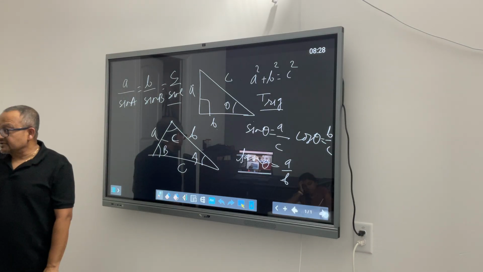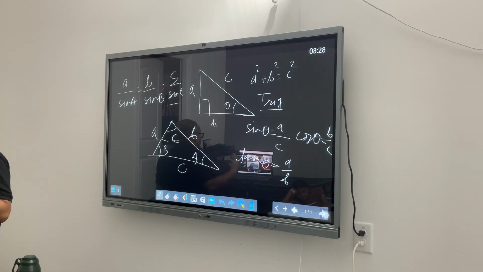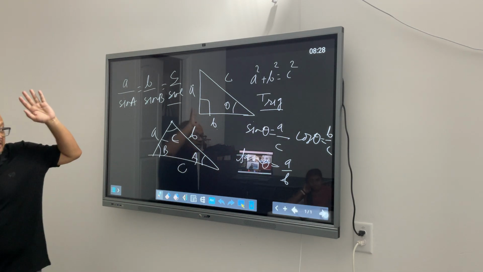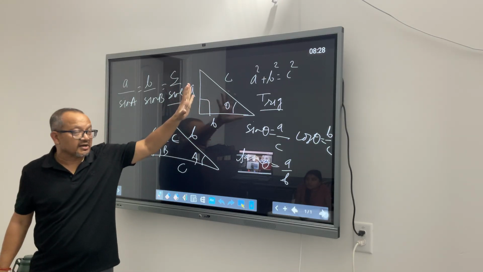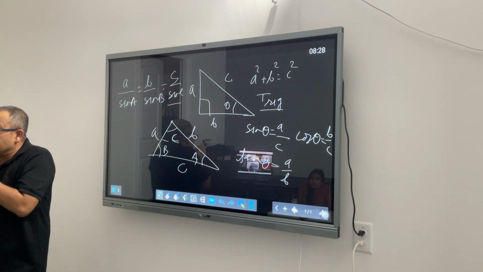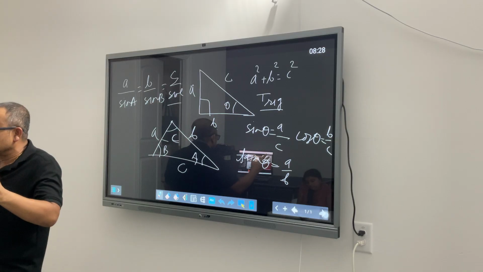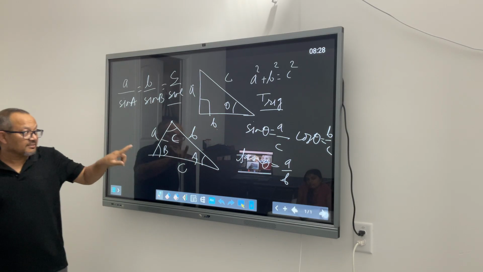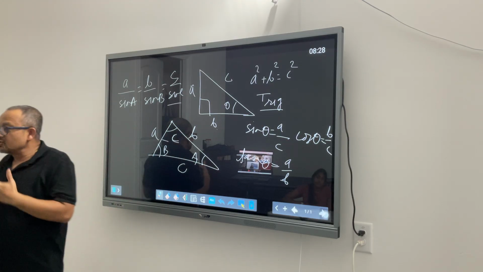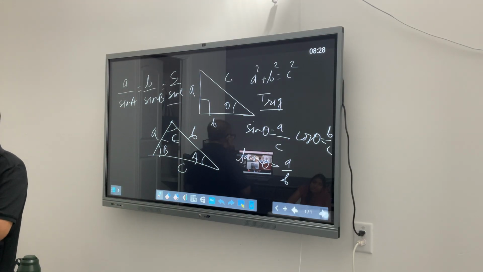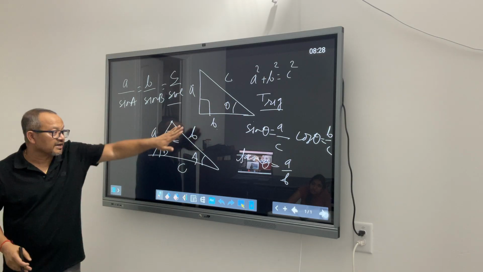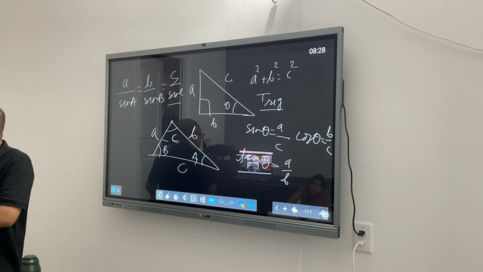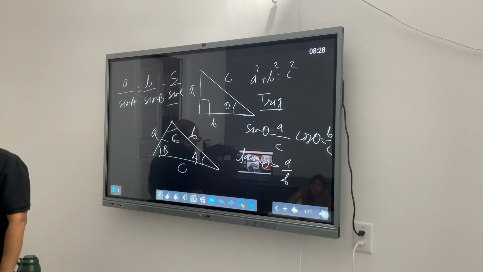And law of sine actually goes beyond the boundaries of right angle triangle. All the three ratios, three functions that we learned, were pretty much confined to a right angle triangle. We went a little bit beyond that by using unit circle, for when my angle is more than 90. But this becomes the most generic formula to establish the relationship between the sides and angles of a triangle, regardless of what kind of triangle we are talking about.